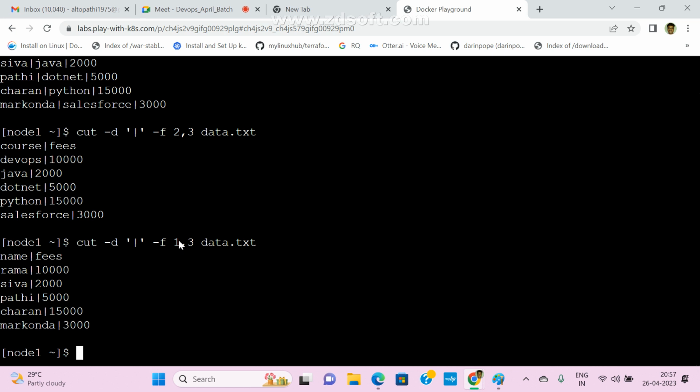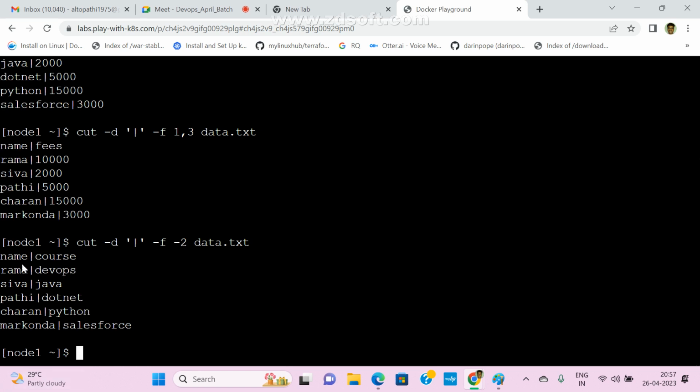Okay sir, so can we take the column from the second also? Second is your wish. So for example, here I gave -f, here I gave -2. Hyphen 2 means it will display 1 to second, 1 to column 2.